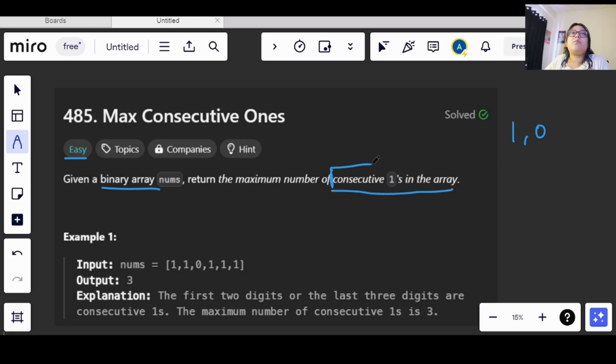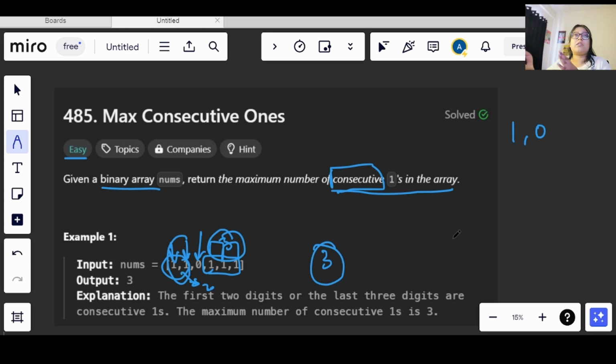Now consecutive here means the ones that are coming together. Let's see with an example. This one and this one are coming one after another, so these both are consecutive ones. The number of ones that we have here is 2, right? Then we have 1. After that, again we have 3 ones together, so we have 3 consecutive ones. Out of these two, which is greater? 3 is greater, so we need to return the count as 3. So what we are doing here is getting the largest consecutive ones in the array, and we need to return that as the answer.